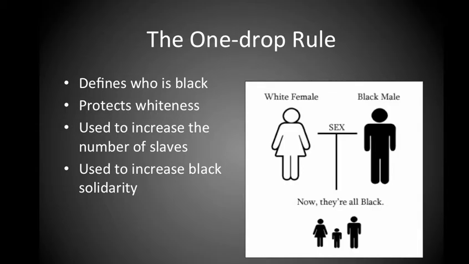This includes individuals who have origins that are more European than African, and those who could pass for white because of the fairness of their skin. The one-drop rule is an oppressive tool used to maintain and protect whiteness. The slave trading society created the one-drop rule as a means to determine the race of children who came from